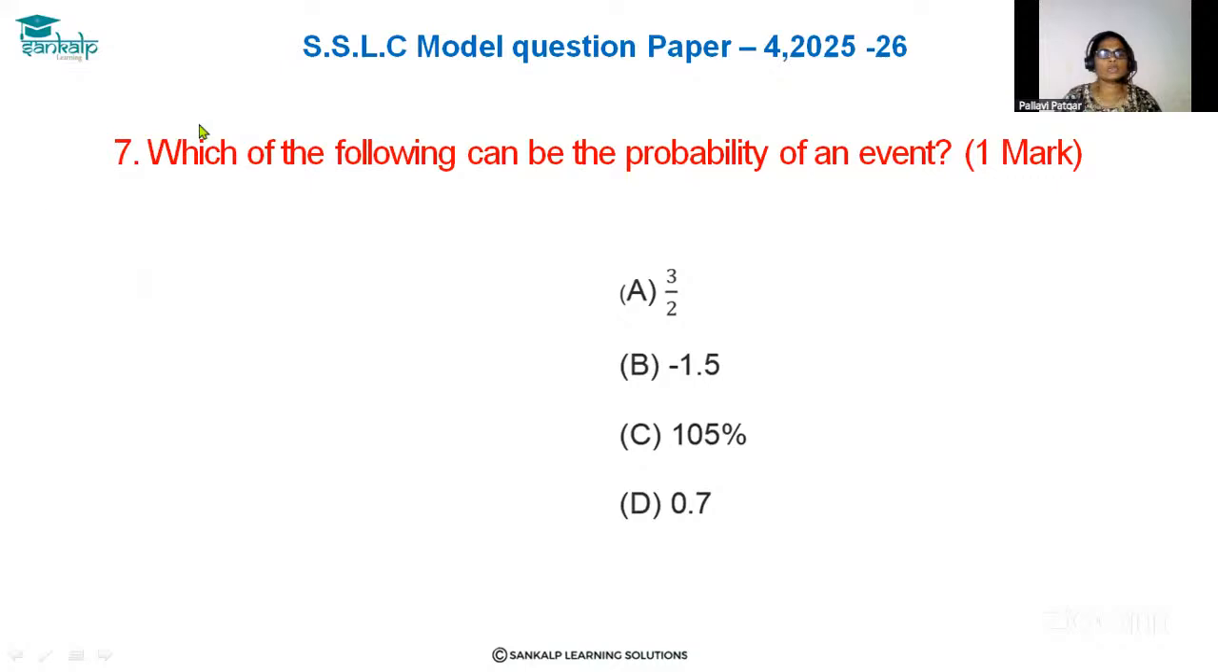Hello everyone. Look at the question number 7. Which of the following can be probability of an event? A, 3 by 2. B, minus 1.5. C, 105%. D, 0.7. Okay, so here the probability of an event must lie between 0 and 1. So here look at the first option, 3 by 2. So this is equal to 1.5, which is greater than 1. So it cannot be